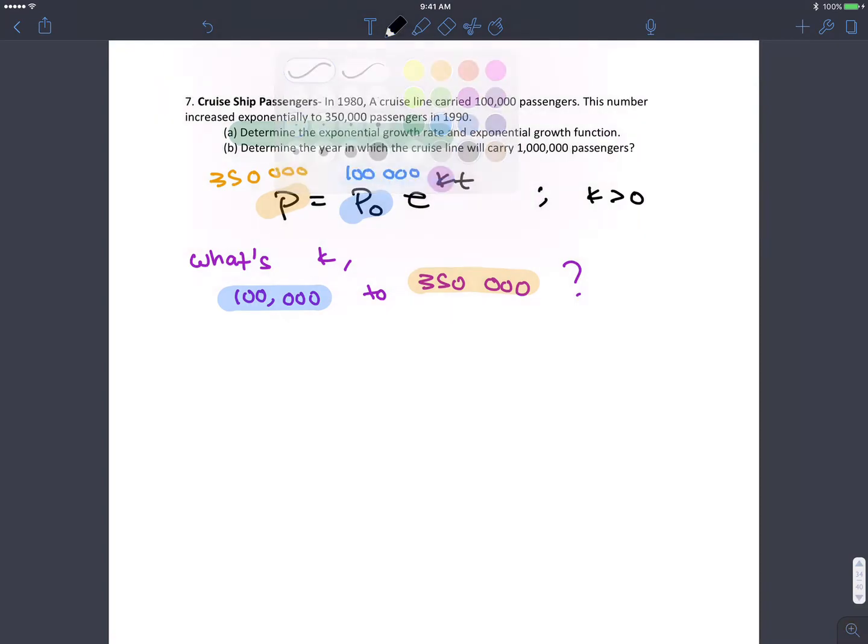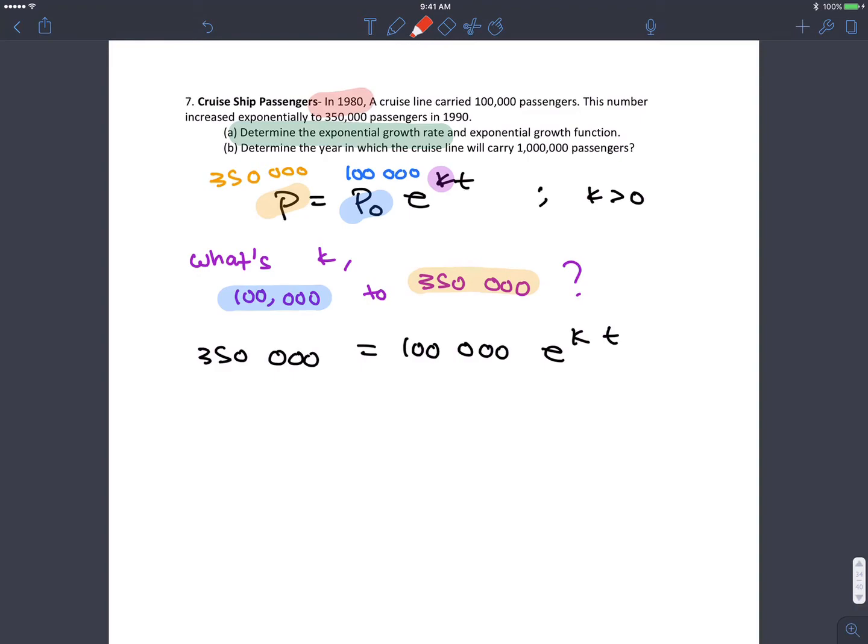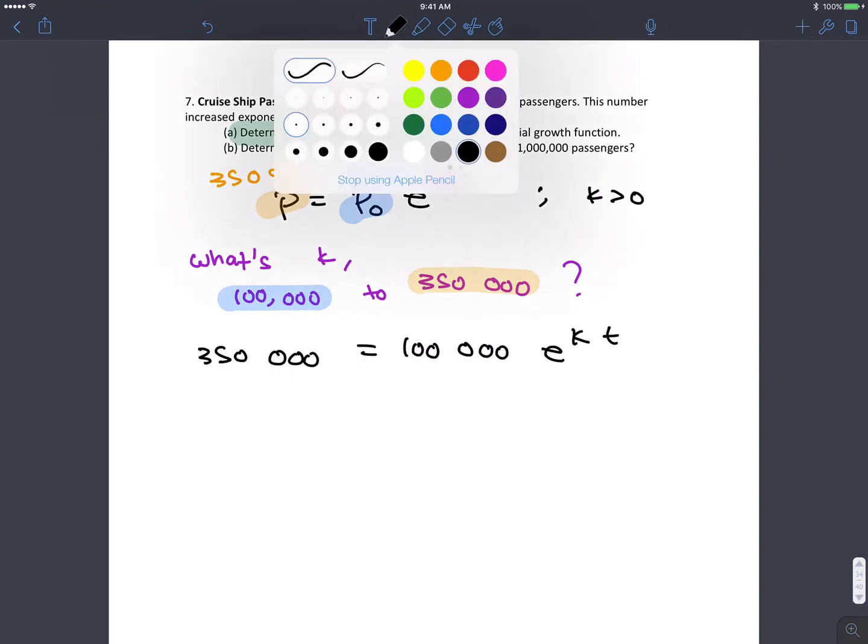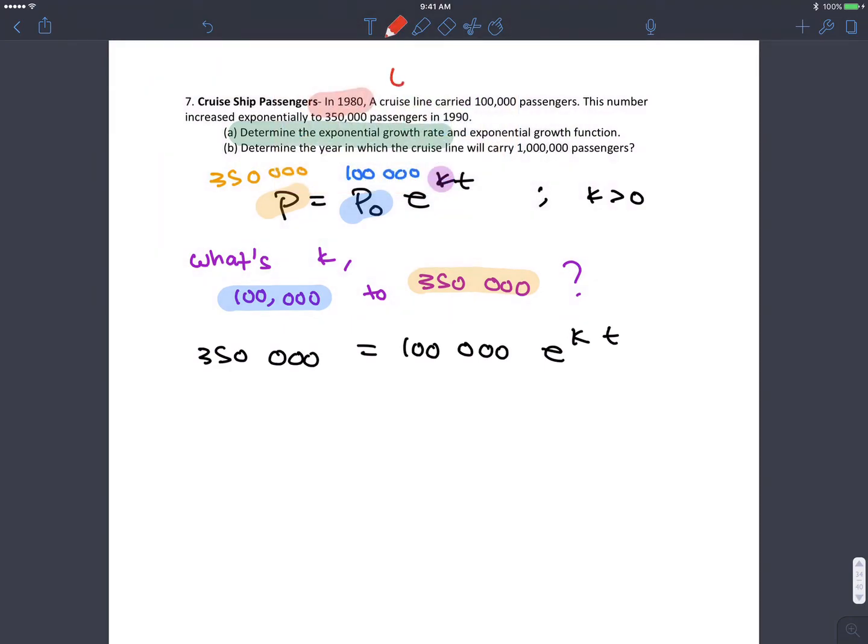So here's what our model looks like now. 350,000 will equal 100,000 e to the kt. Now again, we have to determine what is t. Let's go back. In 1980, we went from that 100,000. So t here, ladies and gentlemen, let's do this in red, is the number of years